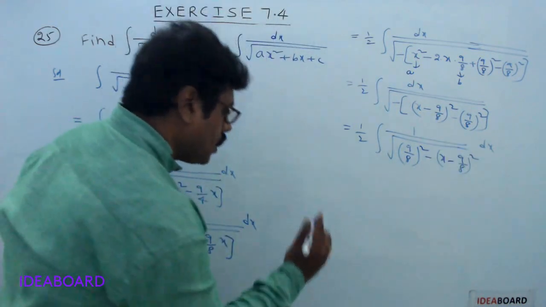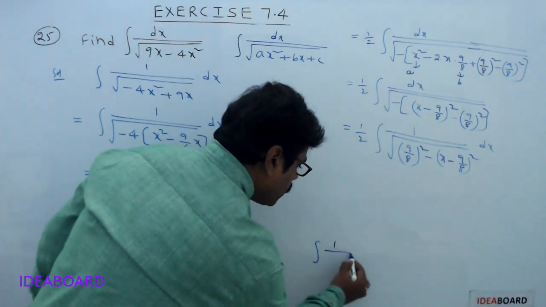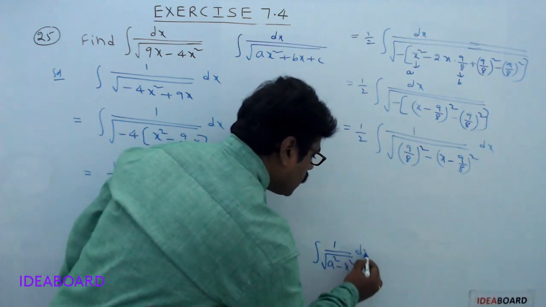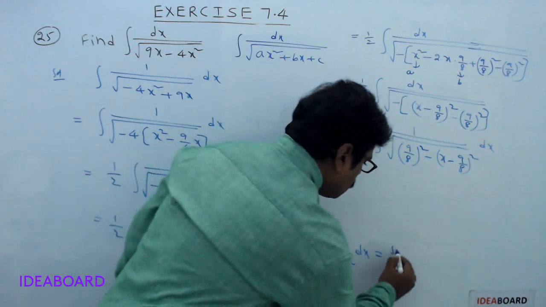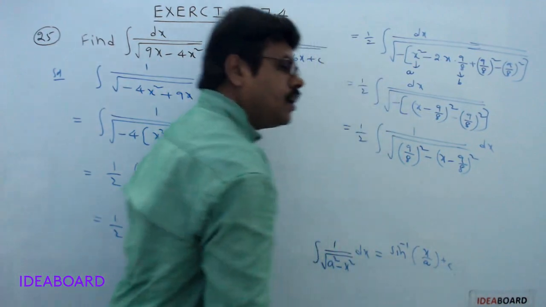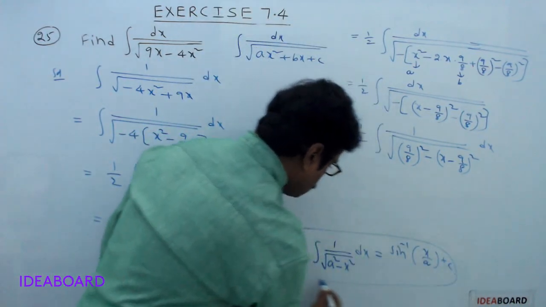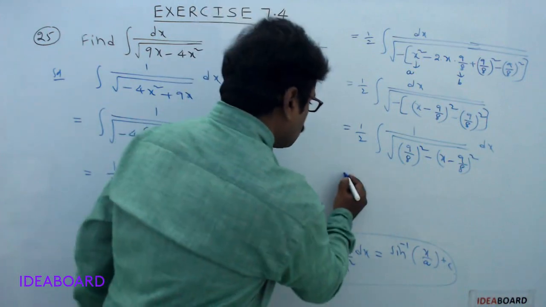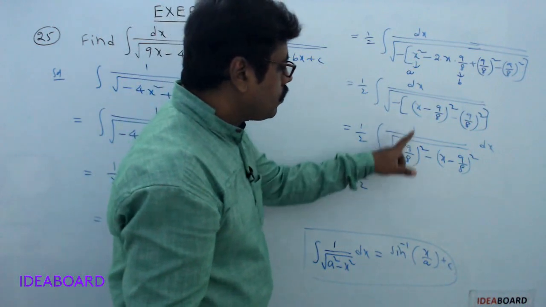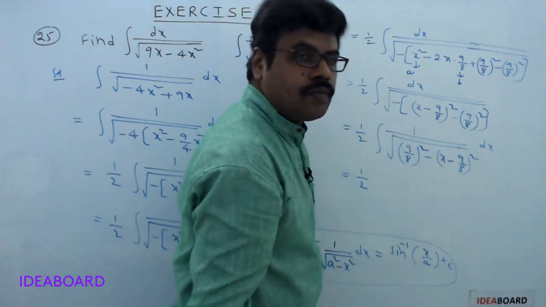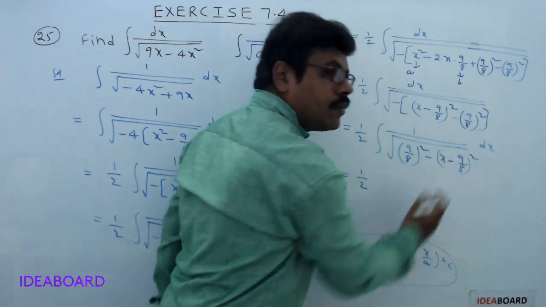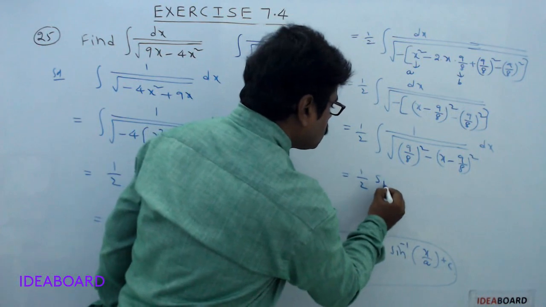Clearly this term is of the form integral 1 divided by square root of a square minus x square dx. Now what is the formula of integral 1 by root of a square minus x square dx? It is sine inverse of x divided by a plus some constant c. Now use this formula on this term. So first write down this 1 by 2 into integral 1 by root of a square minus x square form. Here a value is 9 by 8, x is x minus 9 by 8. Use this formula, sine inverse of